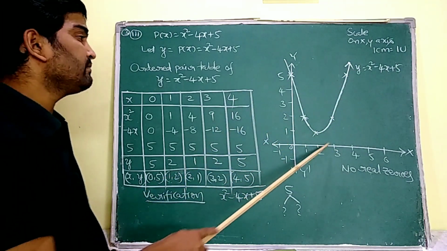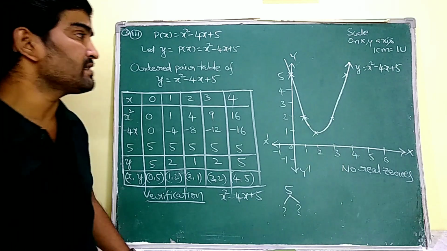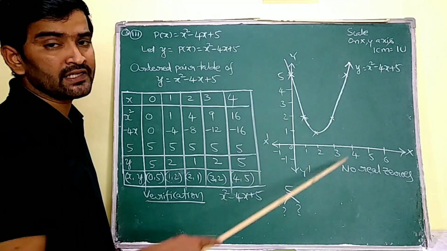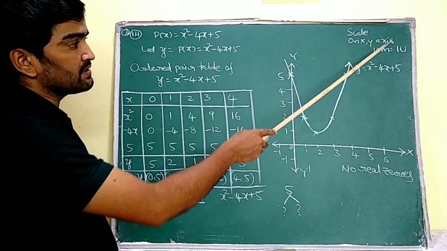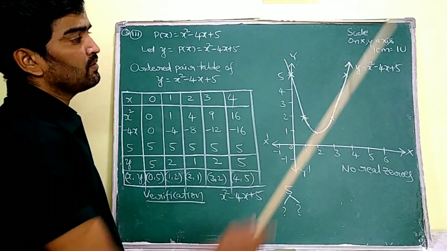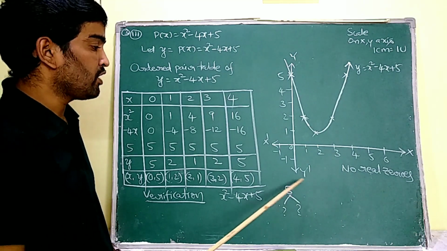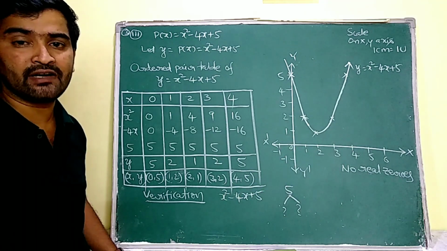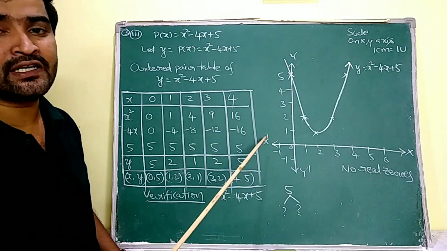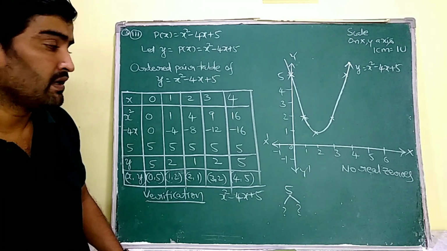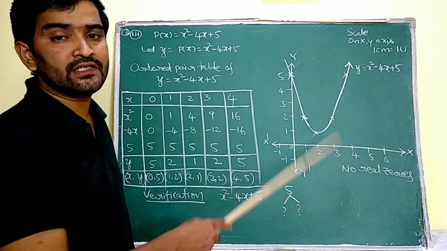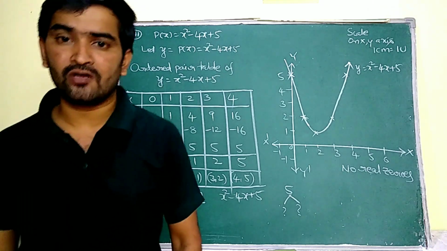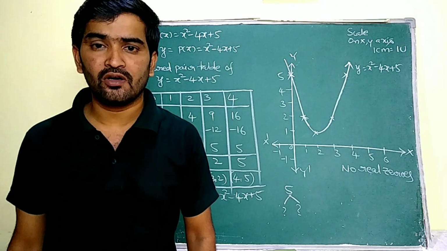And we have to join them by the help of a scale and we have to name the graph as y is equal to x square minus 4x plus 5. It's very clear, everything is 1 unit only. That's what I wrote the scale as on x-axis, y-axis as 1 centimeter is equal to 1 unit. Now, it does not touch the x-axis, that is why this graph is not going to have any real zeros. It is having zeros, those are not real. But no real zeros this particular graph is having, because it does not touch the x-axis. Now I am going to show you the actual graph.